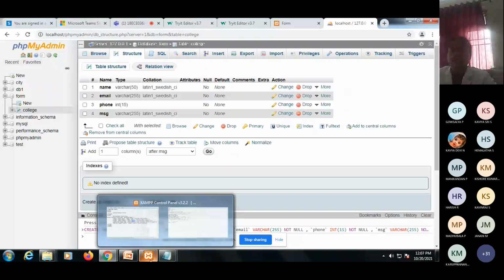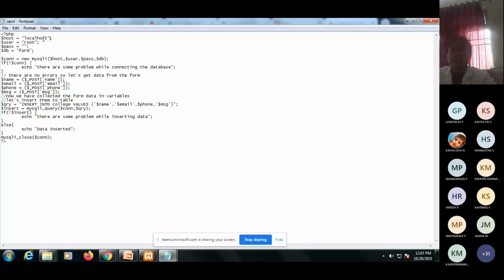Then this $con represents my MySQL code here. For the MySQL library, I have simply mentioned mysqli, and with the dollar symbol we pass the parameters: dollar host, dollar user, dollar pass, dollar DB. These four parameters I am going to pass in the SQL code.